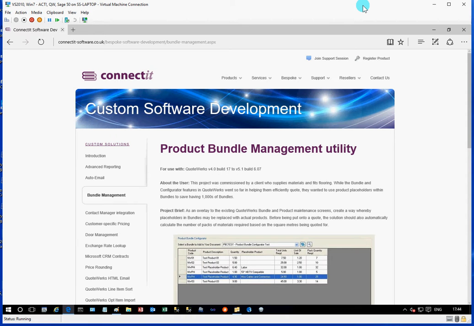In this video we're going to take a look at one of our add-ons for QuoteWerks, our product bundle management utility. This utility was originally created for a company that supplies materials and fits flooring, mostly wooden floors. They had a requirement whereby they wanted to use the bundle feature within QuoteWerks to simplify the process of getting